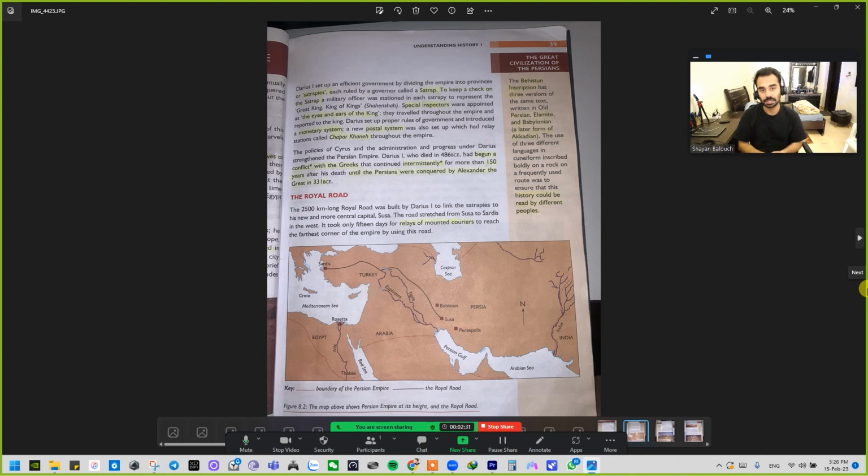So let's start with another topic from the same chapter, the Royal Road. So let's start the reading. The 2500 kilometer long Royal Road was built by Darius I to link the satrapies to his new and more central capital, Susa. The road stretched from Susa to Sardis in the west. It took only 15 days for relays of mounted couriers to reach the furthest corner of the empire by using